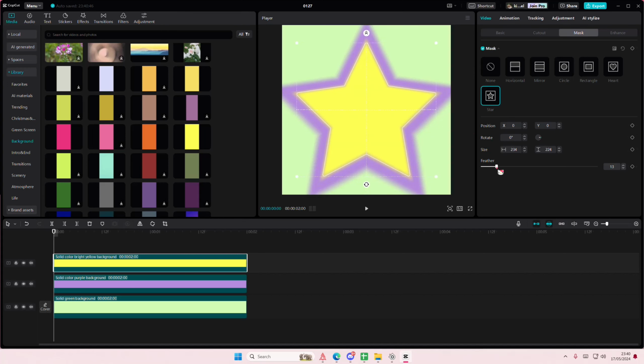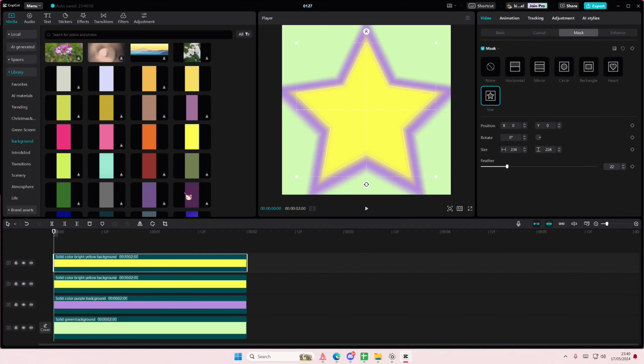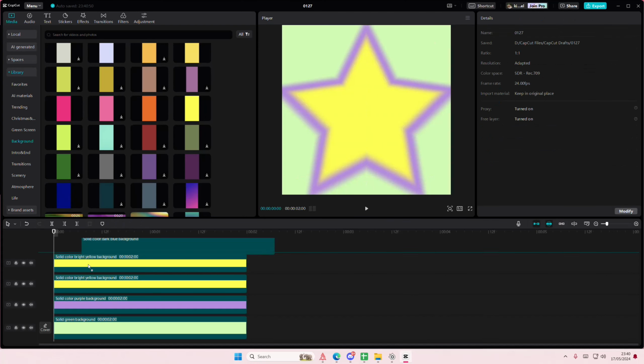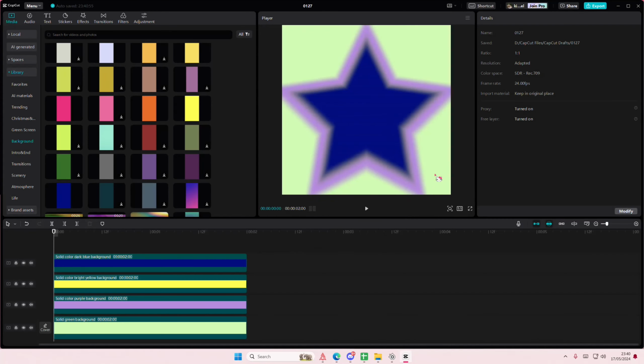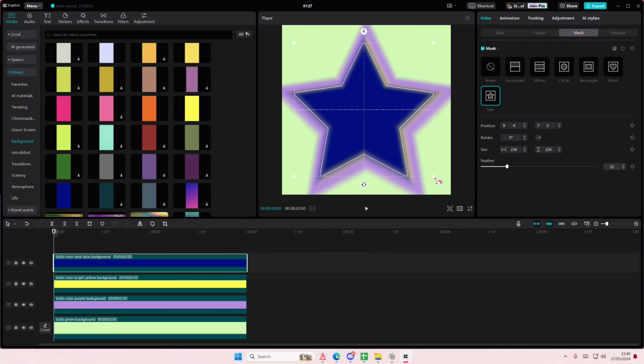If you want to blend it out a little bit more, you can just feather that out, copy and paste that, and I'm going to add in this blue, replace clip, and I'm going to make it smaller again,